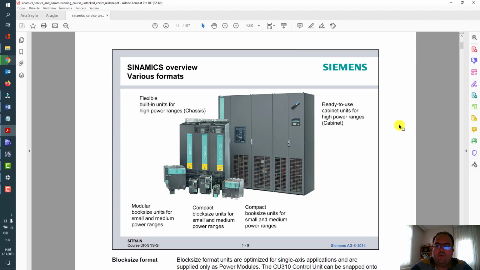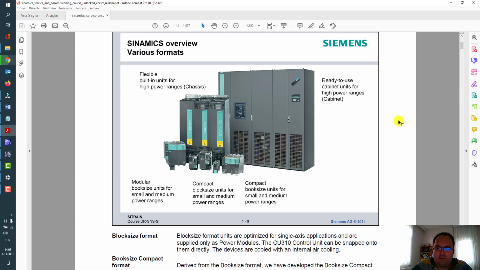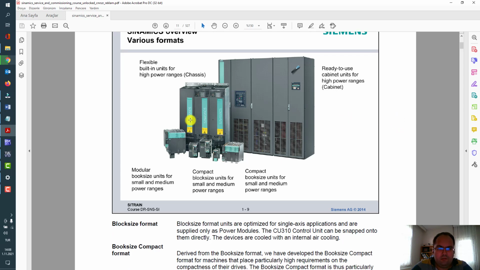Sinamics overview with various formats. In this image you see the flexible units for different power scales and for different customer needs. It depends, of course, on the customer's application. On the left side there are some modular booksize units for small and medium power ranges.